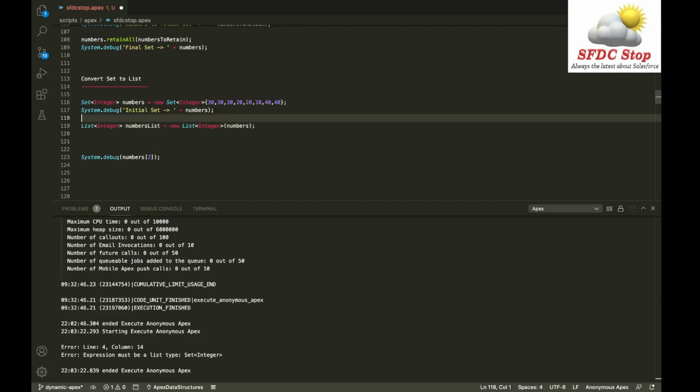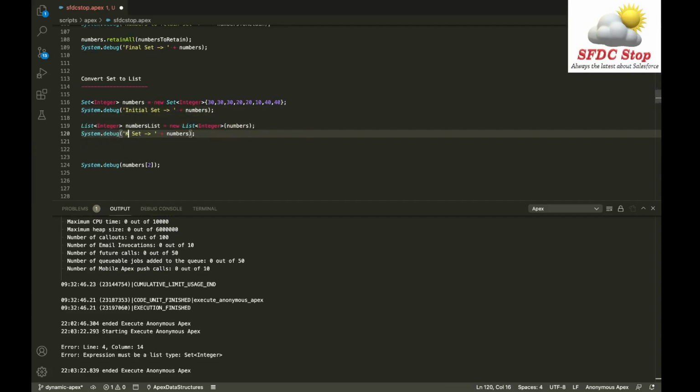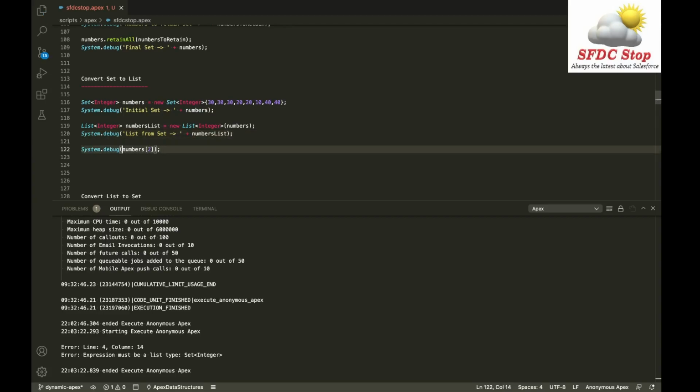Then I can do another debug and say list from set is equal to numbers list. Then I can simply do that the number at index 2 is equal to the number which is at second index in the numbers list.